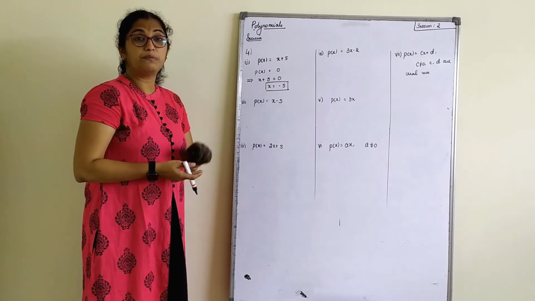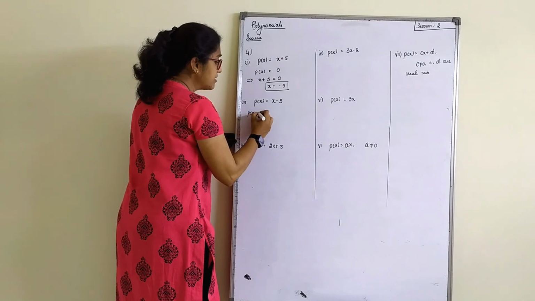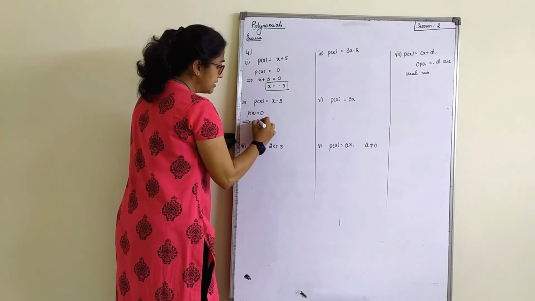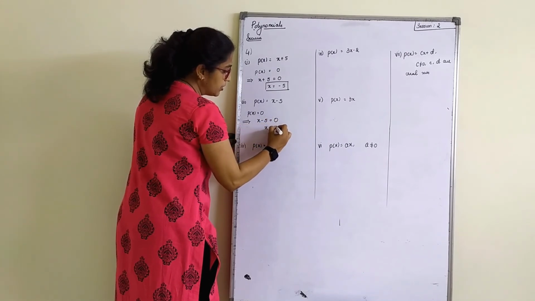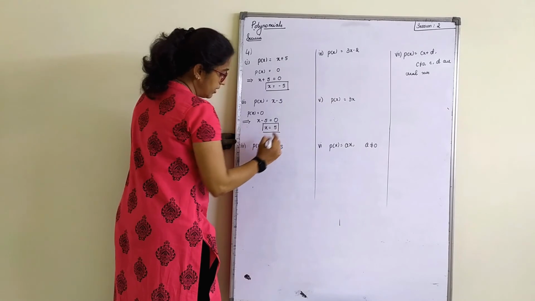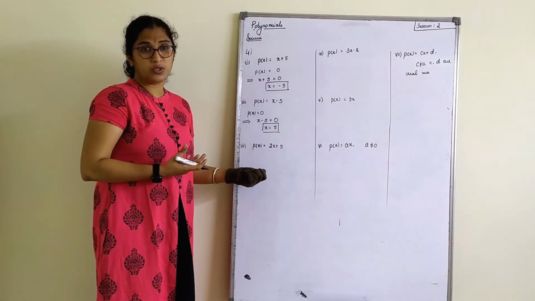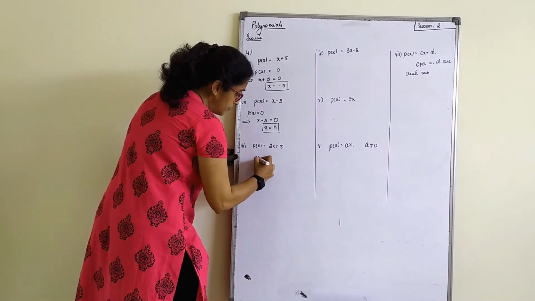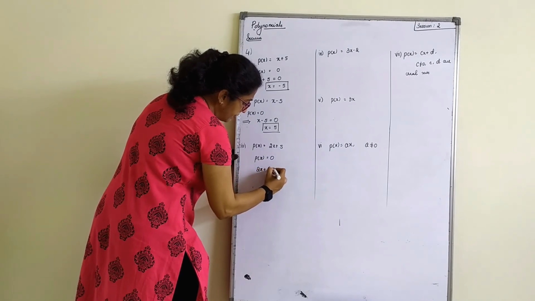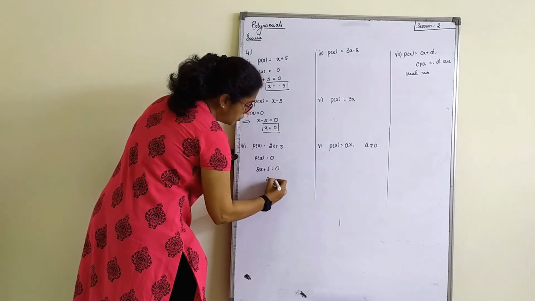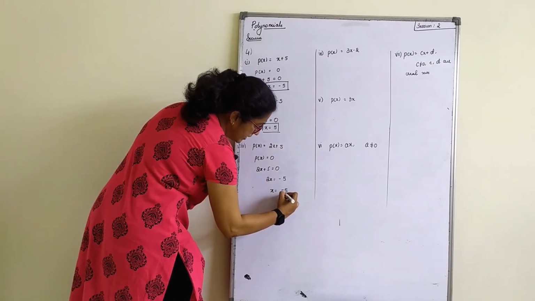Just look at this. What would be the zero of the polynomial x minus 5? Plus 5, correct? So we'll do that. P of x is equal to 0. This implies that x minus 5 is equal to 0. Therefore, x is equal to 5. Now this is the binomial. It will be in terms of fraction. Orally you can answer these questions actually. P of x is equal to 0, 2x plus 5 is equal to 0, 2x is equal to minus 5, x is equal to minus 5 by 2.